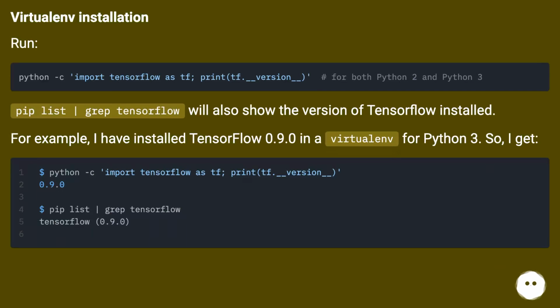Virtual env installation. Run. pip list | grep tensorflow will also show the version of TensorFlow installed. For example, I have installed TensorFlow 0.9.0 in a virtual env for Python 3. So, I get